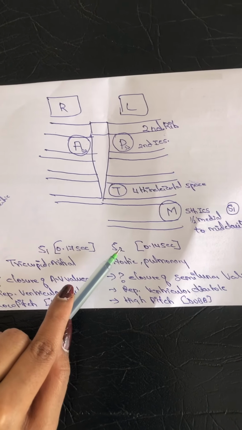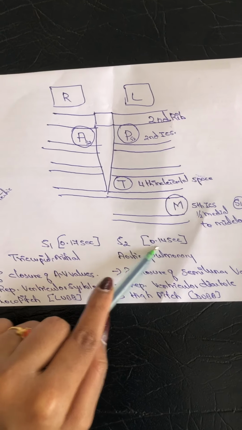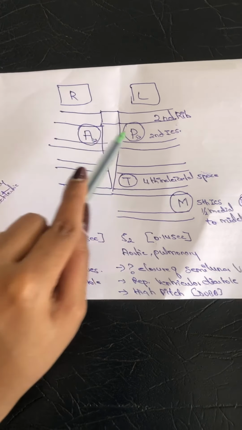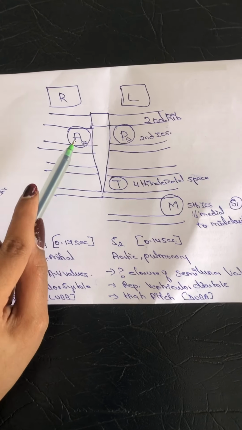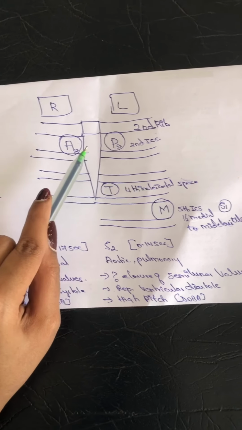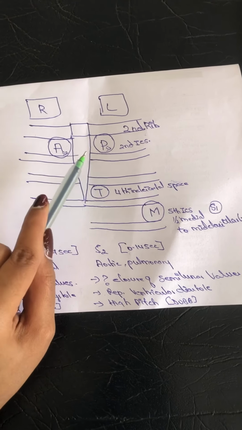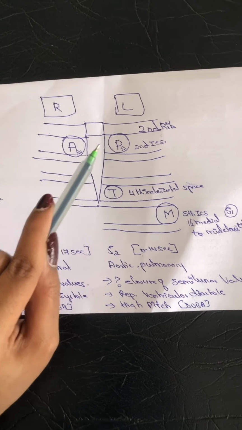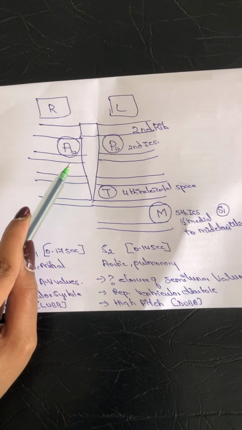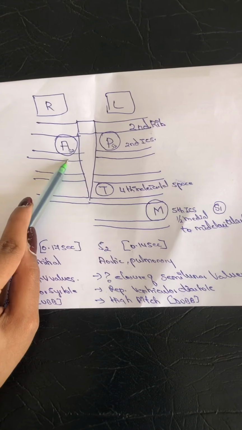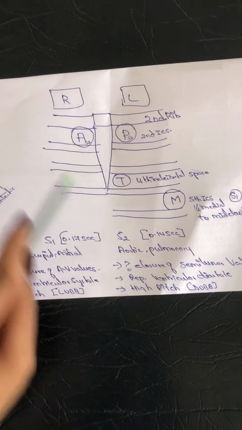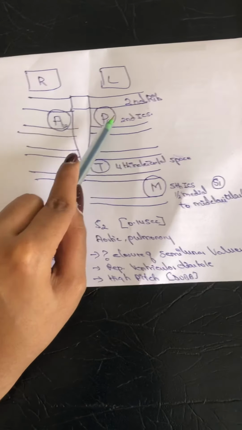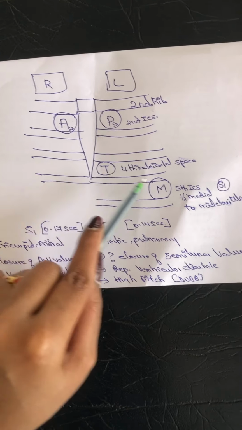Secondly, S2. The duration of S2 is 0.14 seconds. The S2 is most prominently heard in the aortic region and in the pulmonary region. What causes the sound of S2? It is due to the closure of the semilunar valves. It is also a representation of the ventricular diastole. How is this sound heard? The sound here is heard as a high pitch sound. The sound here comes as the dub. So we know what are the areas to be auscultated: the aortic, pulmonary, tricuspid and the mitral region.